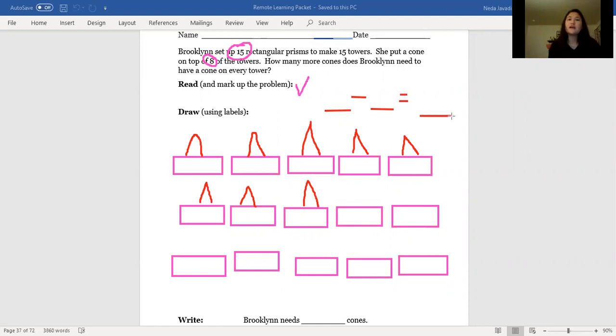I have a question. The question says, how many more cones does Brooklyn need to have a cone on every tower? How many more? Do those words tell us that we are going to do an addition or subtraction problem? That's right. We're going to do a subtraction problem because we are looking for the difference, or we are looking for how many more cones Brooklyn needs. So if we're going to do a subtraction problem,